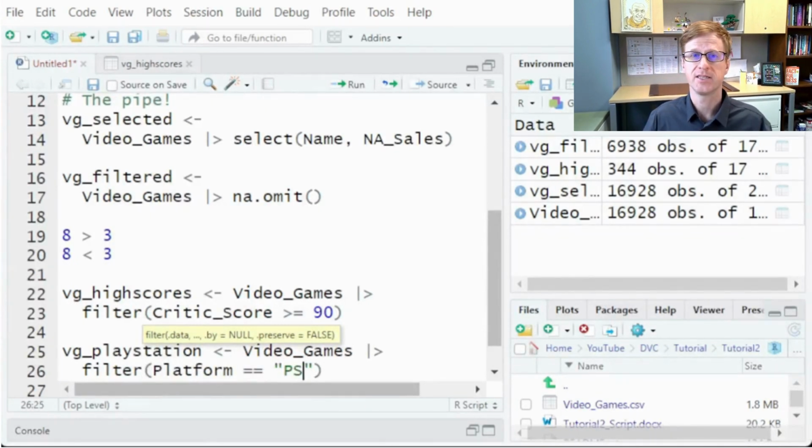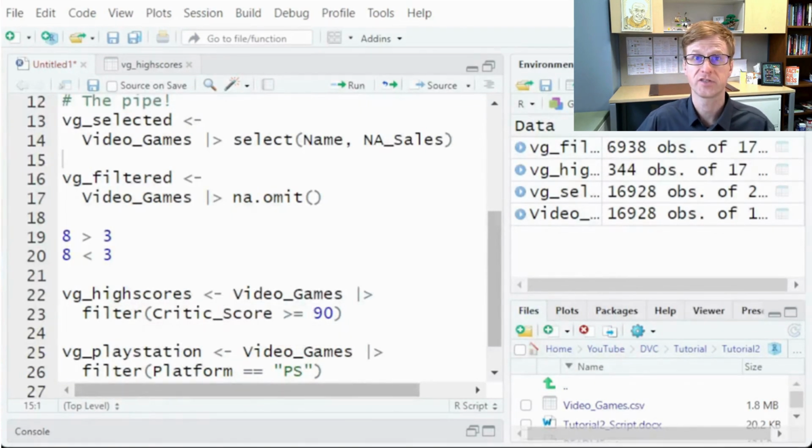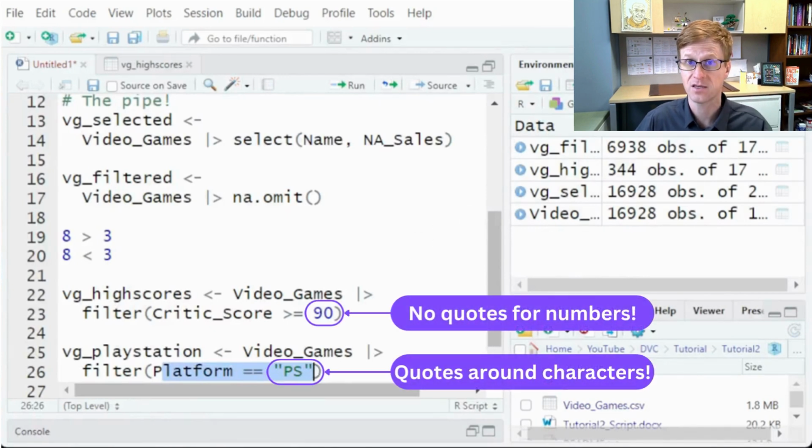In this case, PlayStation is PS. Note that we use 2 equal signs when we want to say is something equal to something else. If you just put 1 equal sign, R will get confused. It'll think you're trying to do something else. So our logical statement is platform equal to PS. We put quotes around the PS because we're asking if it's equal to some character thing, some letters, not a